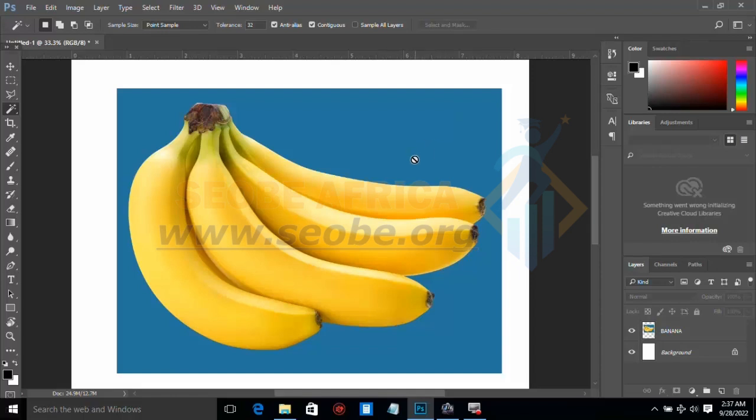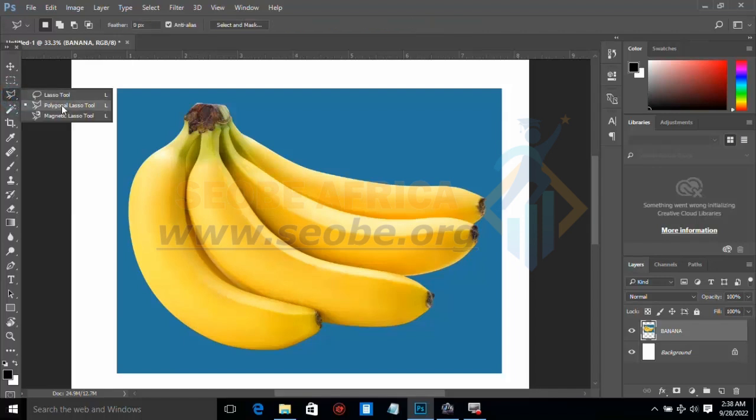So the second way of trimming your picture, let me click highlight on the banana face. The second way of trimming your picture, you use this to trim pictures that have a similar color of the background to your image. Maybe as I have yellow here on the banana, maybe this background will be yellow. So it will be very difficult for me to use this magic wand tool to select the background from the image. So that is why you make use of this